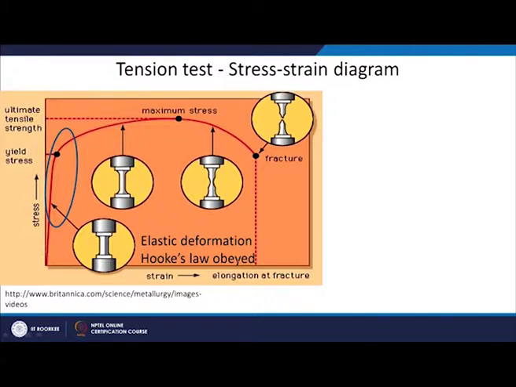I think this circle has gone a little bit too far, it should have been only up to here. So, this actually should be down. Your elastic part will be up to somewhere here, and then your material will start going into a non-linear dependence of stress on strain, and that is where we say the material has now started deforming irreversibly, or there will be plastic deformation. I will come back to why we are plotting this line here.